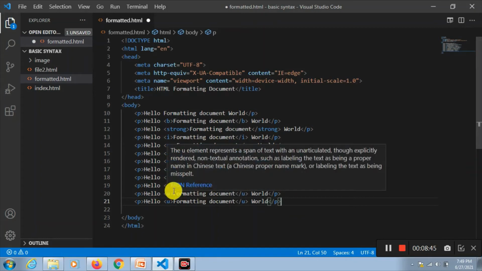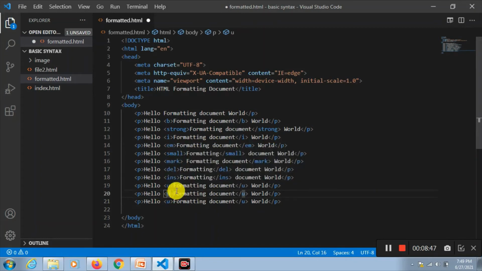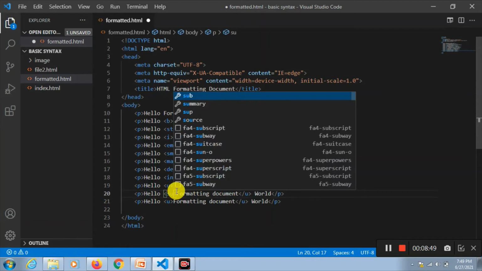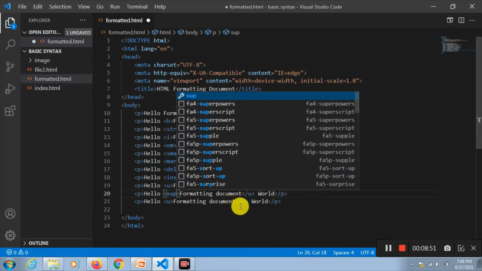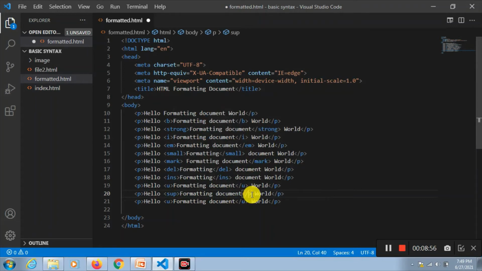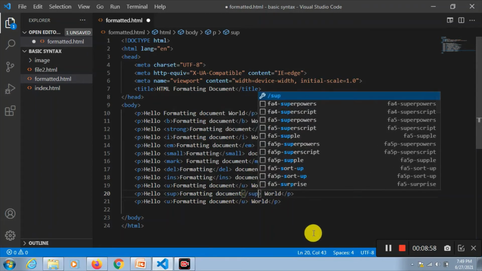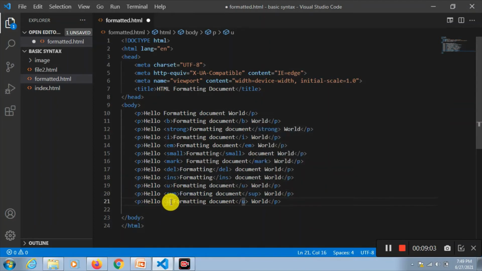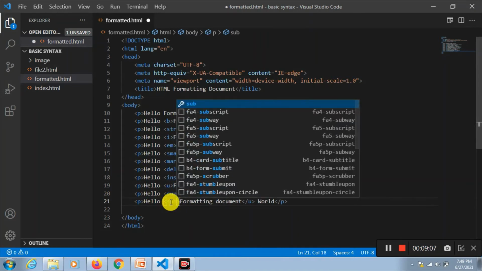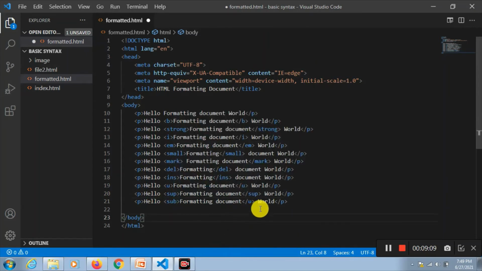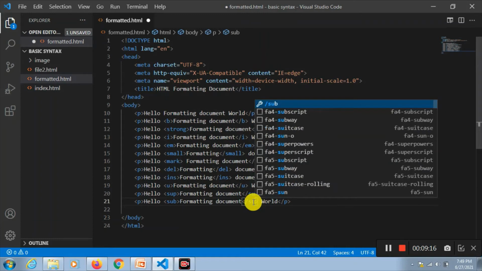superscript, SUP, and close it with SUP. Similarly, this one you can start with SUB. There is subscript, and this one is subscript closing, so SUB.